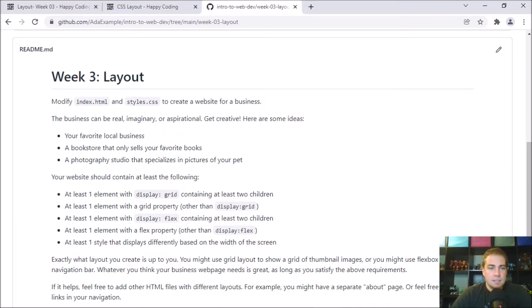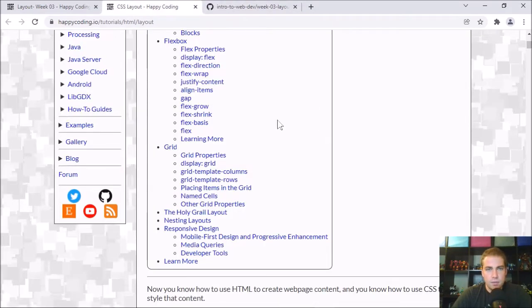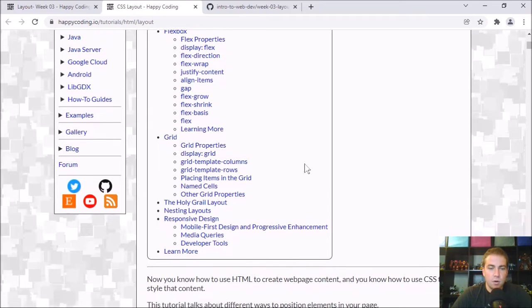But the idea is that once you come up with your business, whether that's real or imaginary or something else, you're going to build a web page for that business. And the reason we are doing this is to practice different CSS layout tools that we've learned about. So display grid, display flex, and the CSS media queries to make your display change based on the size of your screen. So those are the kinds of things I encourage you to play with and implement as part of your